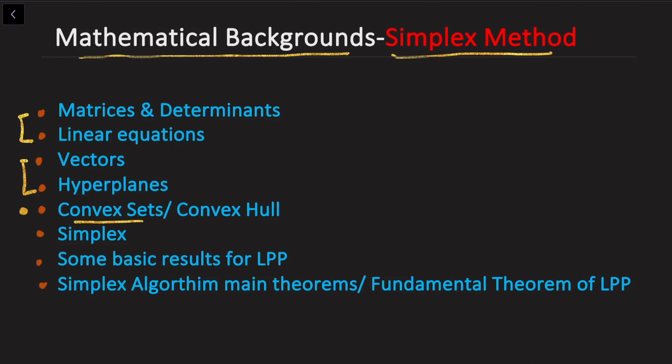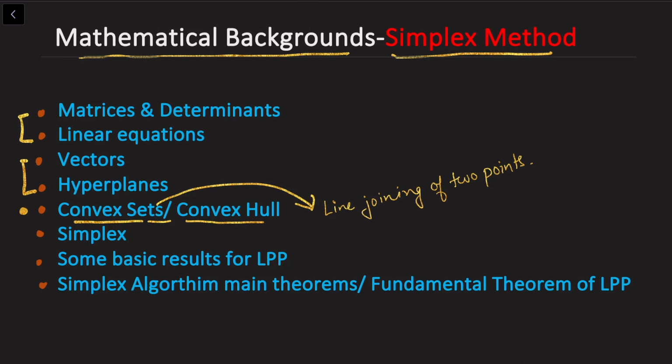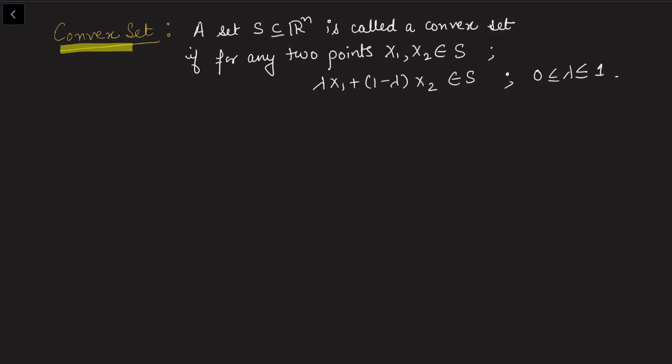And in the fourth, I have explained some of the more properties based on the convex set, such as intersection of convex sets is convex, hyperplane is a convex set, and feasible region is also a convex set. And so the polyhedron is a convex set. Now in this video, again I'm going to extend the concept of convex set, line joining of 2 points, to convex linear combination. Let us recall what is convex set.